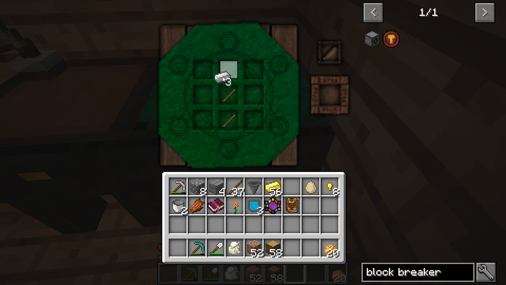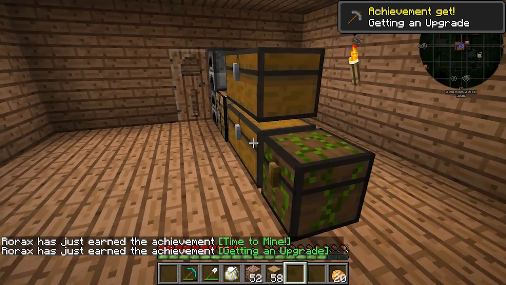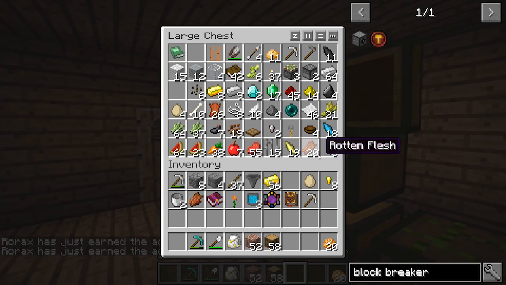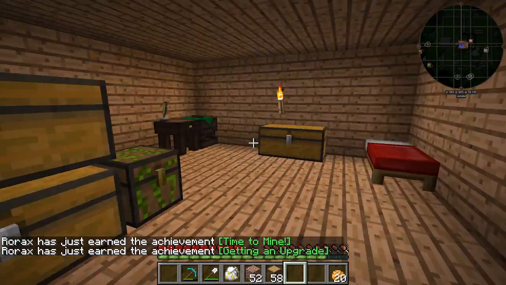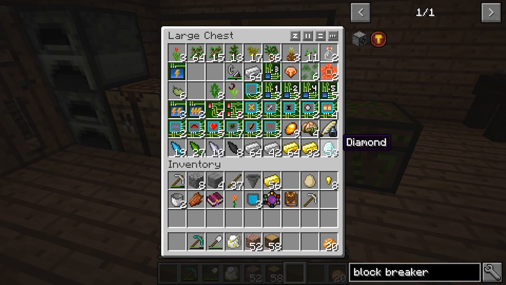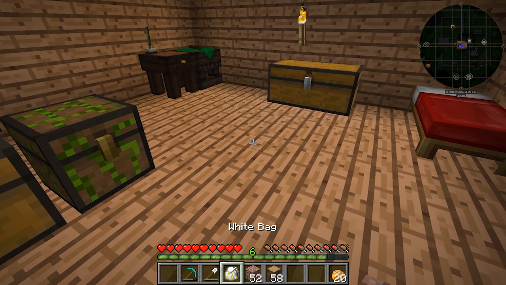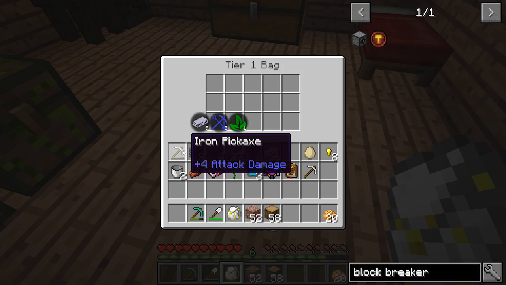So, here we go. We need an iron pickaxe. We also need to get out some of the redstone, which is hiding somewhere. Somewhere. I'm sure I got some redstone. Did I not get any redstone? I have 53 diamonds and 0 redstone. Oh, this is just beautiful. Is it in here? No. Of course it's not. Alright, well,